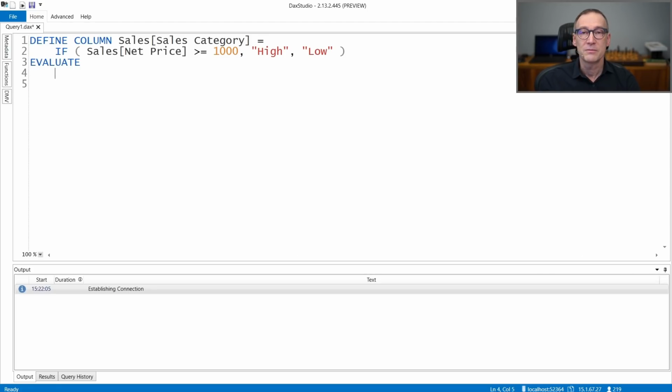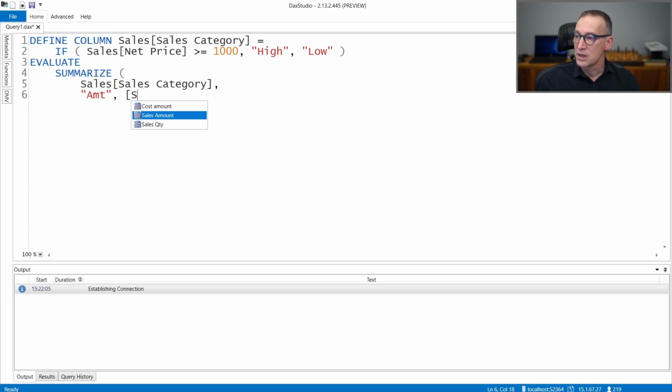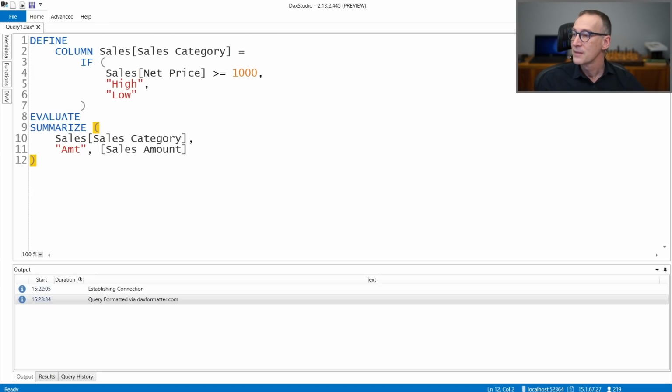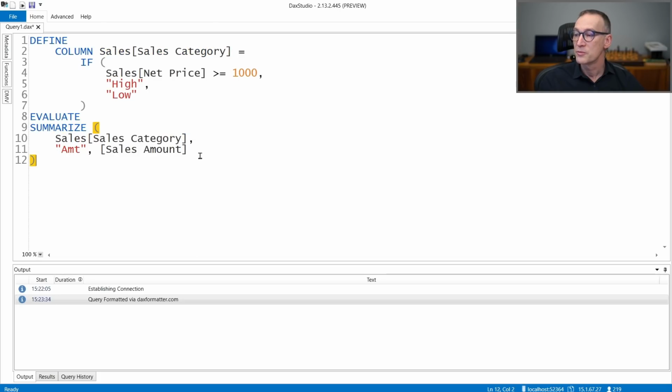So I can follow it by some code and, for example, group by this column. I can do a GROUPBY that groups by Sales Category and computes Amount, which is our usual sales amount. Let's format the code. So I define the column and I use it immediately after to do the grouping by.